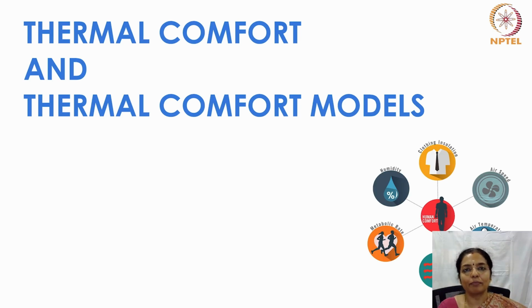Hello students. So we have so far seen about climate classification, the characteristics of each climate type. So why are we doing all this? We are doing all this to understand how to design sustainable buildings for each of the climate types to ensure that the indoors is comfortable, because that is the ultimate aim. To make the indoors comfortable is our ultimate aim.